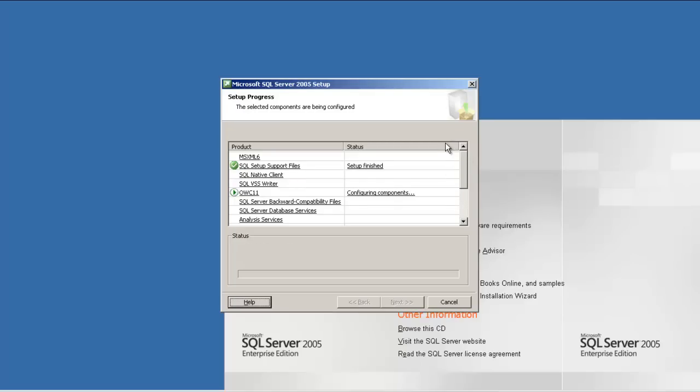In the end, once it has installed, it is going to put a green tick icon there. Whenever there is this arrow icon, it means that part is getting installed. If something goes wrong, it is going to throw up an error with a different icon. In this case, I hope there is not going to be any error. This is Windows 2003 Server Release 2, on which this SQL Server 2005 Enterprise Edition is getting installed.